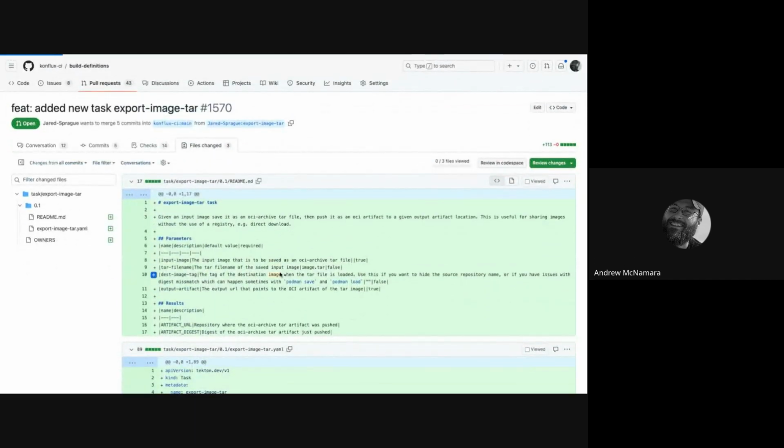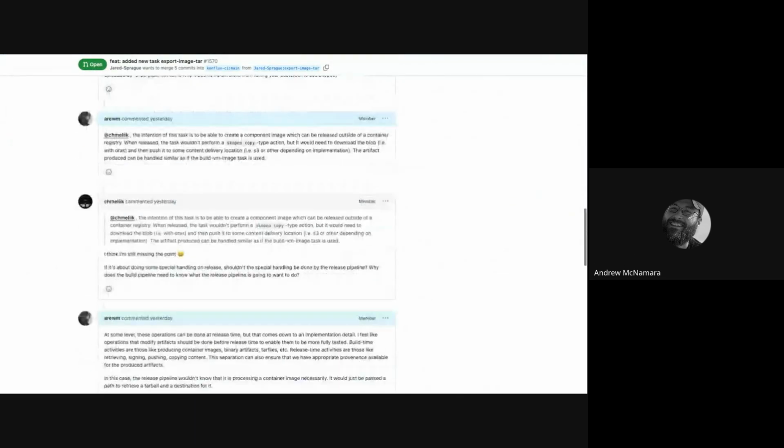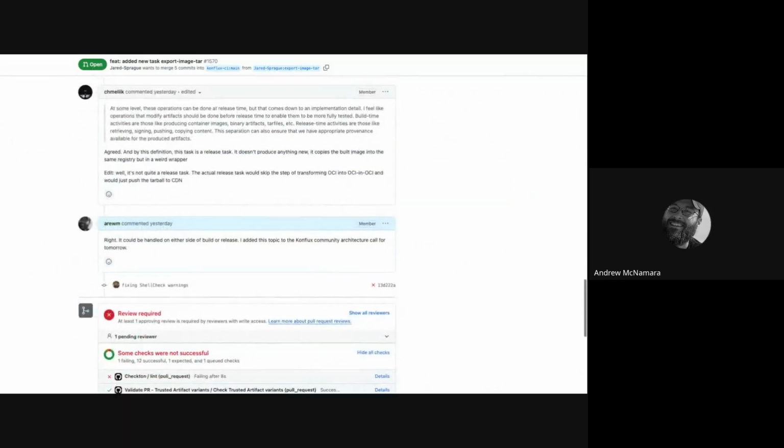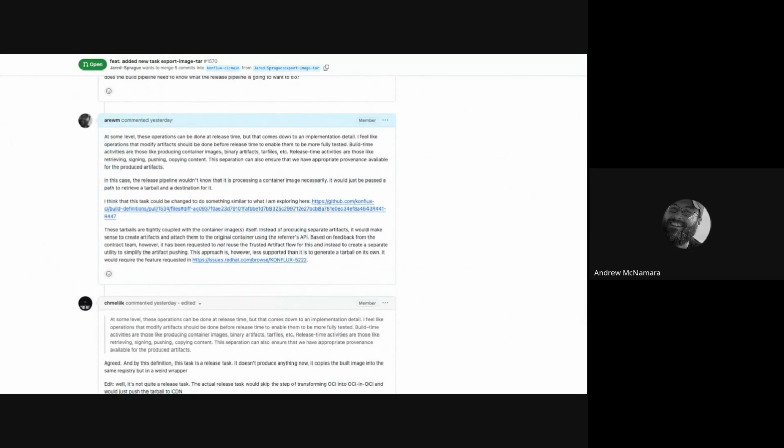I had a brief conversation with Adam about it on this PR, and I feel like this falls within more of a build time activity, because personally I think release time activities shouldn't be producing artifacts. Release time activities might do more of extracting artifacts, signing, copying. So, are there any thoughts